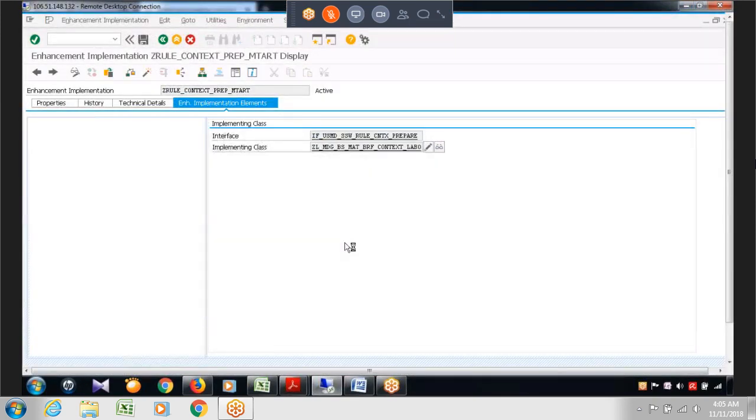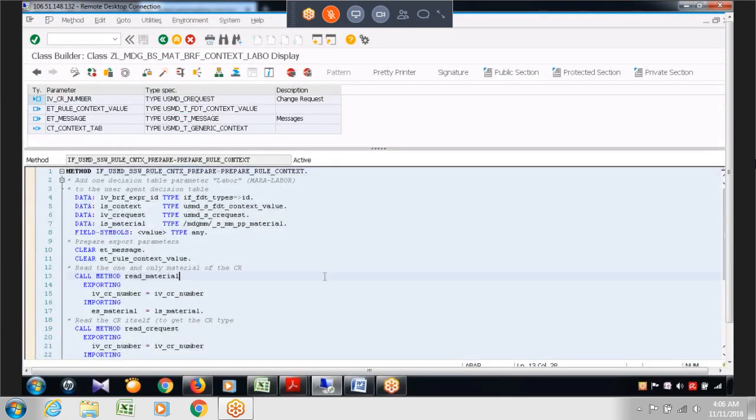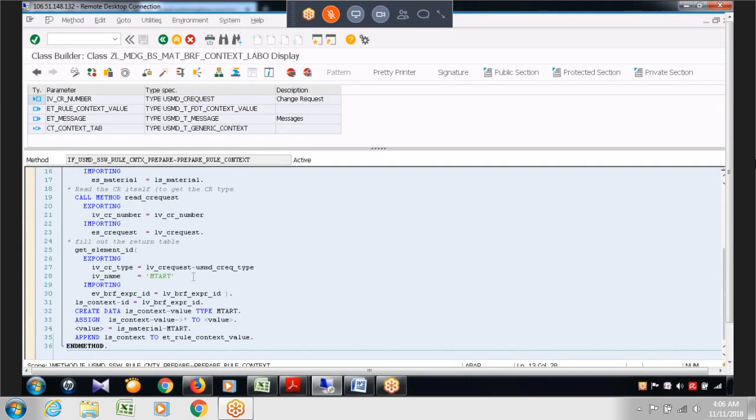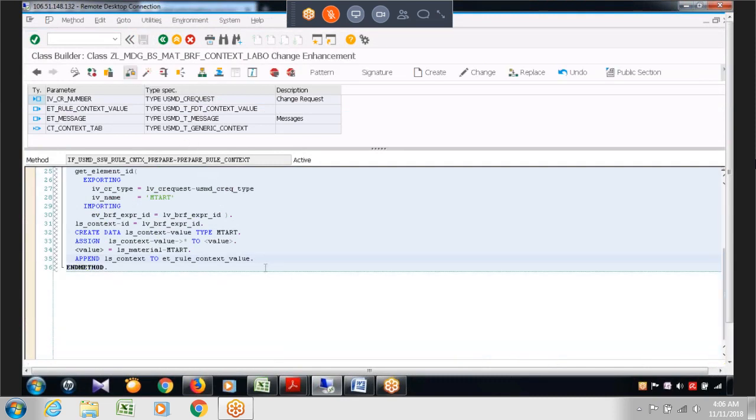Now go to the method, and how to add? These are all standard code. Leave the code as it is. Place your cursor at the end of the standard code. Click on this spiral button